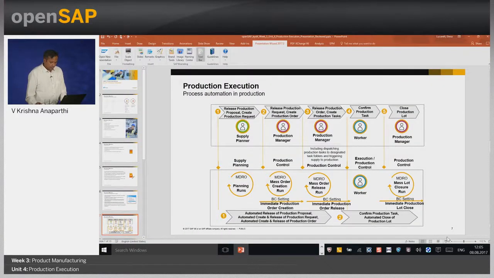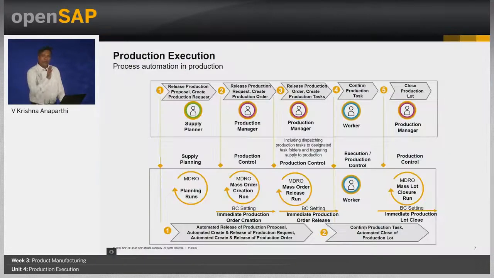Now, we have understood from the point of releasing the proposal to the release of request, to the release of order, to the release of tasks, and how the task execution will build the inventory. But at this point, we might have felt that there are too many steps in between and how to automate those steps. So there are processes available in the system to automate these steps. Now, in this particular slide, we are primarily speaking about all those automation.